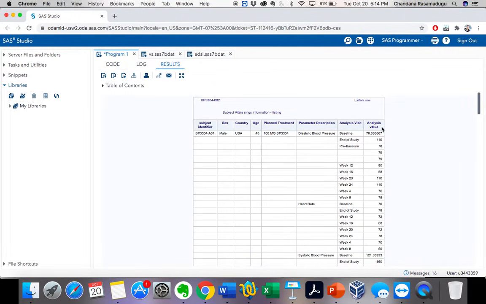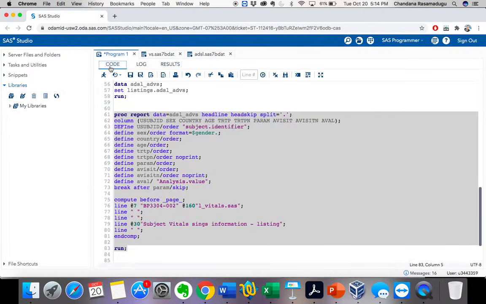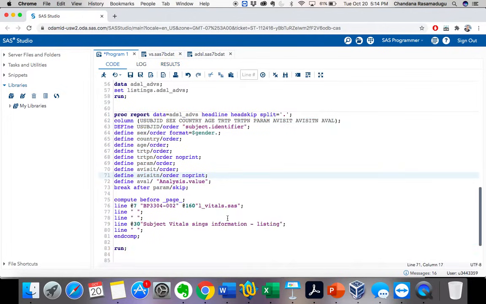See, now I got analysis on the top and value on the bottom. Okay, if you want to move this one into the middle, you can do that. Where I have specified here that it should start at the 30th position, you can now increase that. It's very simple.